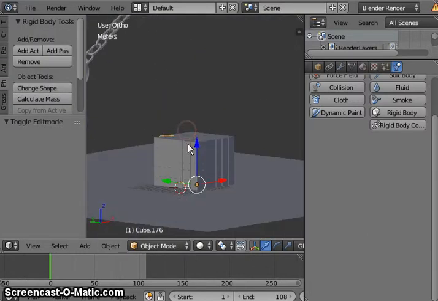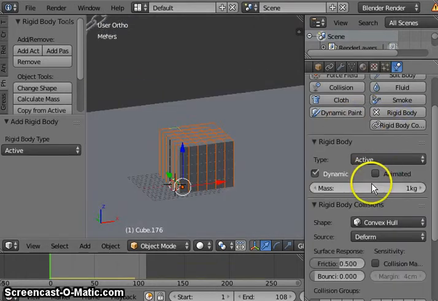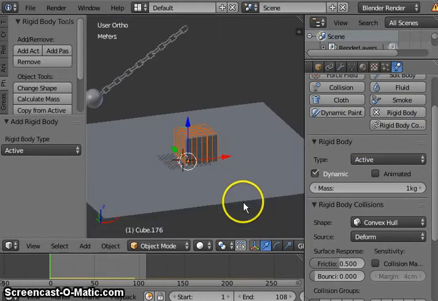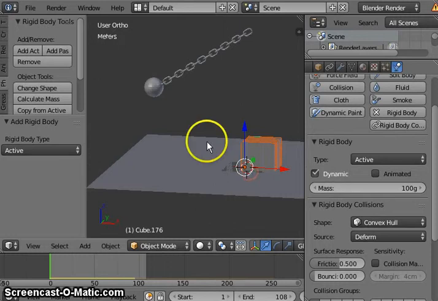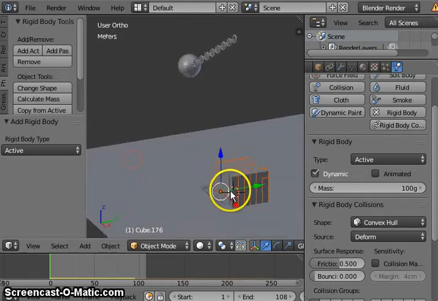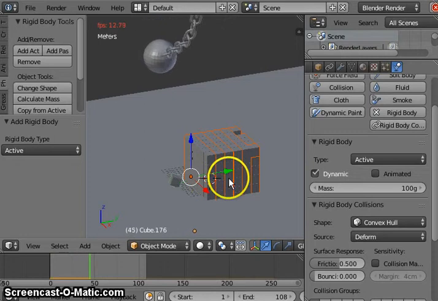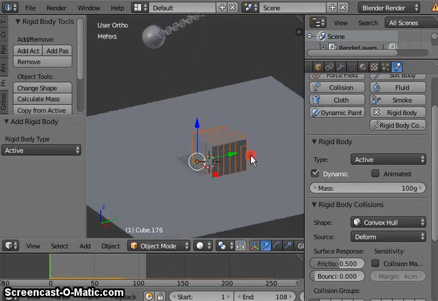So now if you select it, see, now each part is selected. Now if we add rigid body, we can add it, and we're just gonna set it to be active. And we're gonna set this mass to be 0.1. So it's about 100 grams. And yeah. Oh, but before we do that too, we need to play it. Like, just weird stuff is gonna happen. And why? Because, well,